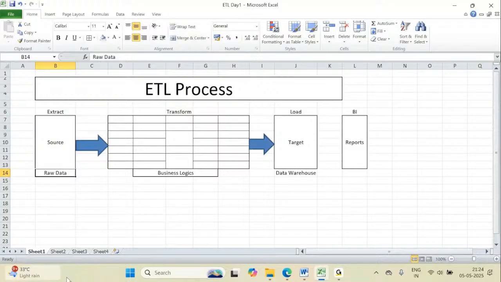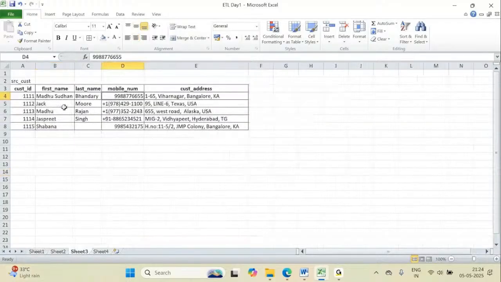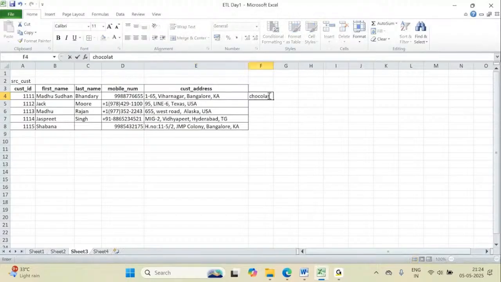Let me take you to the table. Yeah, this is a table, customer table. Some Madhusudan guy came. His first name was Madhusudan, second name was Bhandari, his mobile number is something, and his customer address is something. Like this, it came and he purchased some chocolate. For how many rupees? 10 rupees. How many quantity? One quantity. Like this. Again, if Madhusudan comes back